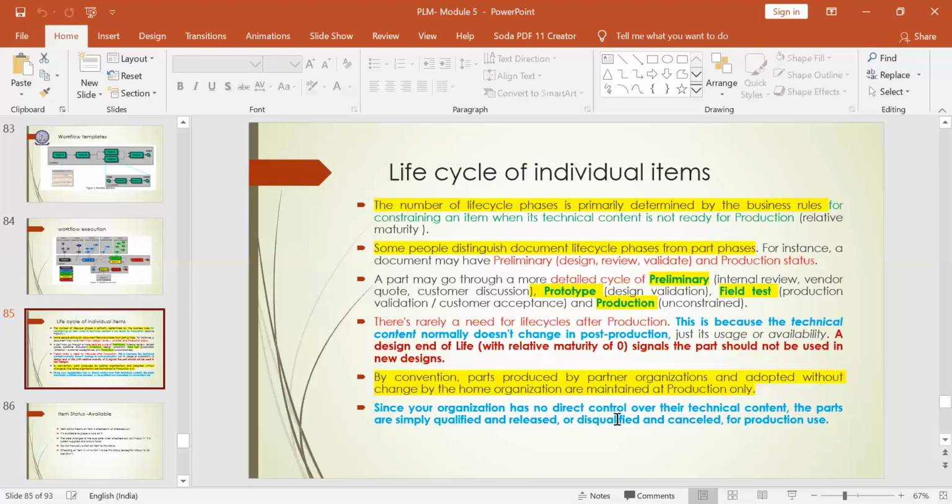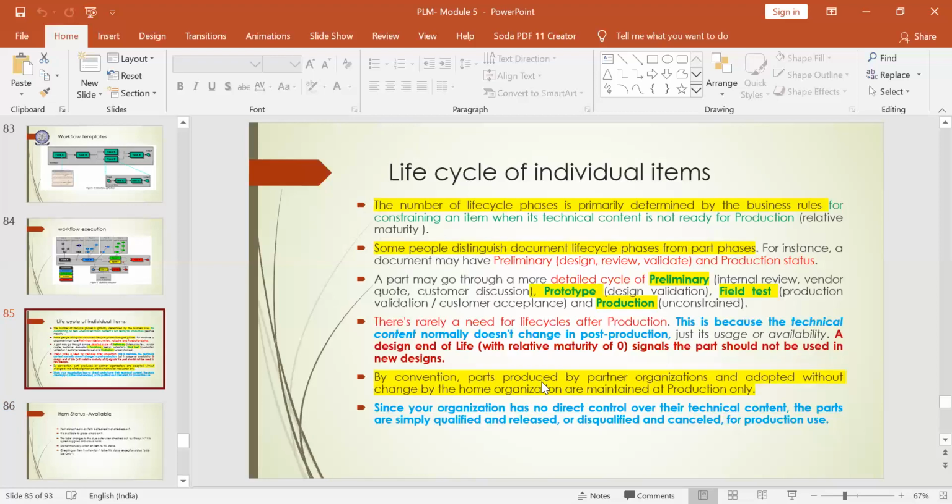That's all. They won't state technically for what reason it has been disqualified, because all control related to technical content is associated with the partner organization and not with the home organization. And hence these are the needs why the life cycle of an individual item has to be studied.